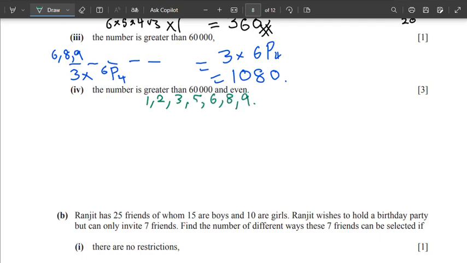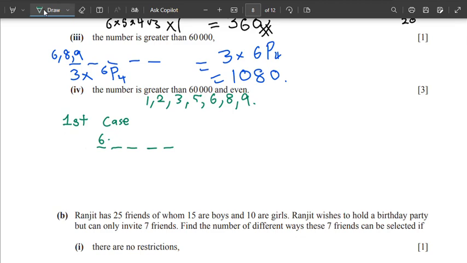Okay, so now there's a lot of selections. This one you may need a lot of cases, so I'm just going to assume my first case. So what is going to be my first case? Since it's greater than 60,000, assuming my first number is 6. Okay, so if the first number is 6, it has to be even as well, which means that my sample